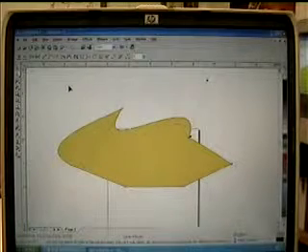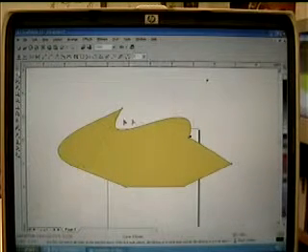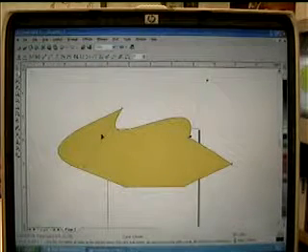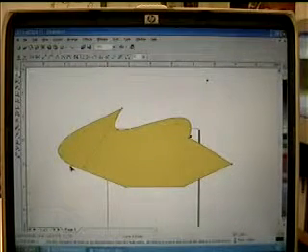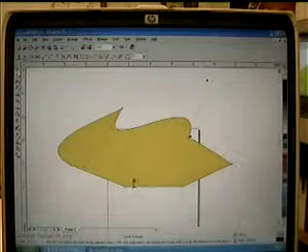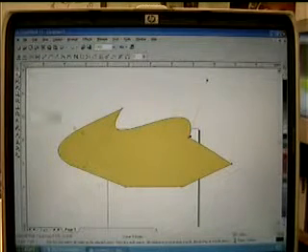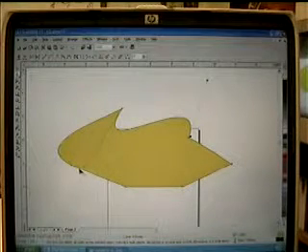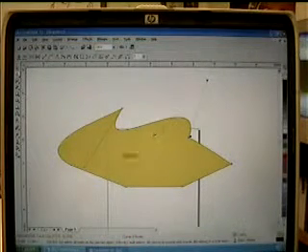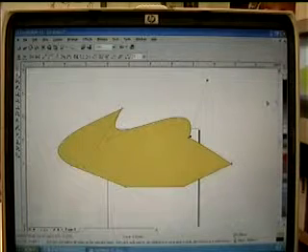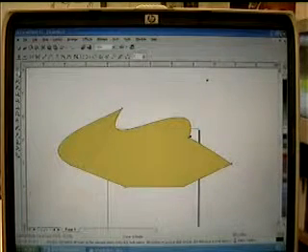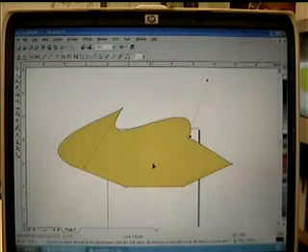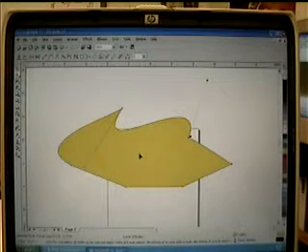Now, what you have to remember is, as you're creating an object, we're going to get into here in a little while, but you have to remember to have a closed path. If you're creating an object, whether you're hand drawing it and scanning it, or if you're using some of the tools over here, if these two nodes right here were not connected, this would be one big open space. And if I tried to color it with color in my color palette over here, it wouldn't fill. It's kind of like trying to fill a bucket with no bottom. So if you don't have a closed path